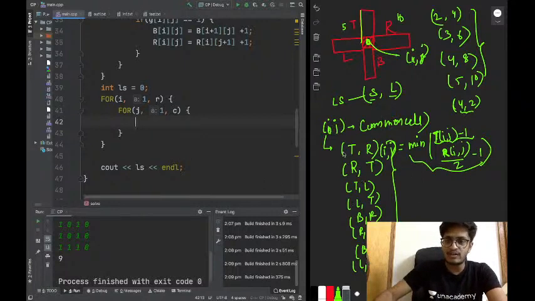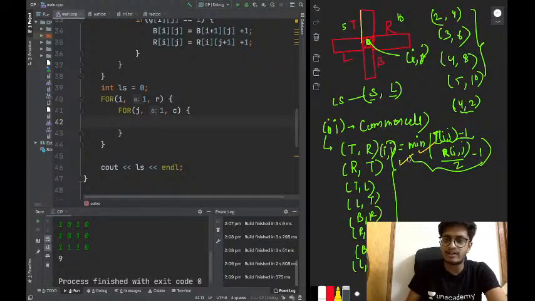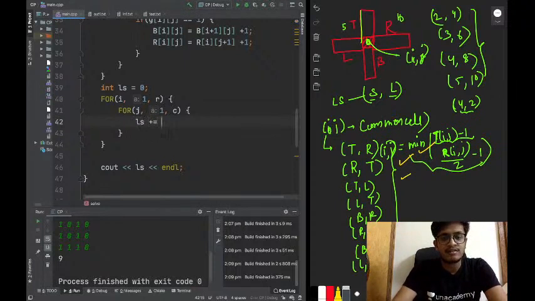So this count should be added to the total number of L shapes. All these counts should be added actually. This value, this value, this value, this value, all these 8 values should be added to the total number of L shapes, which is my variable ls. So I'll add 8 things here. I'll write the maximum of 0 and this value, so that it never gets negative. If this value gets negative, this maximum will take 0.